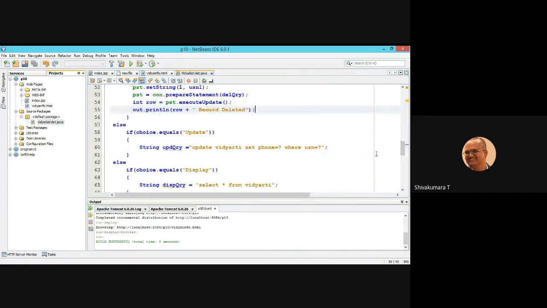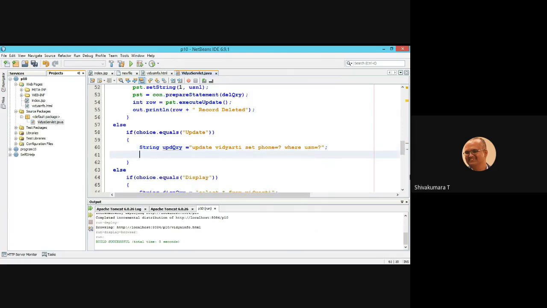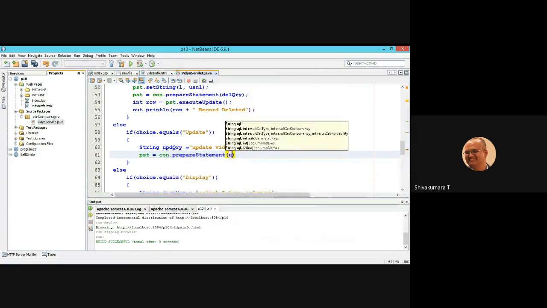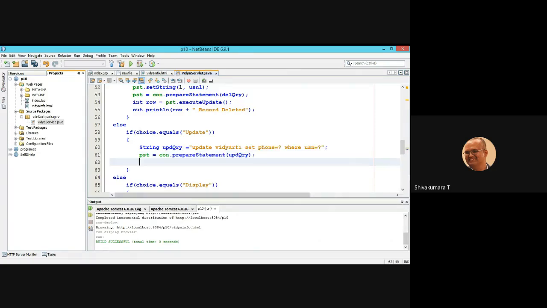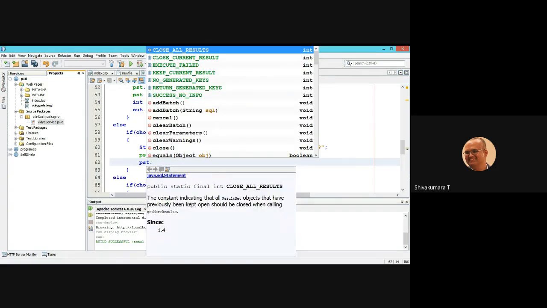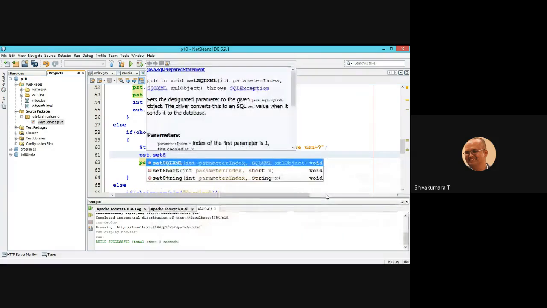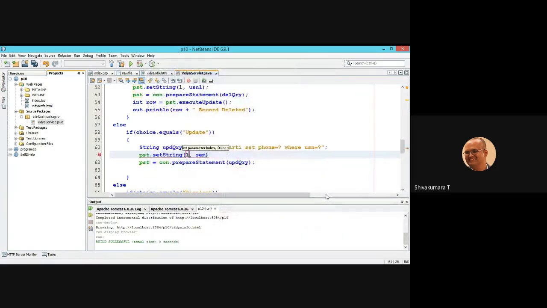Again for update, you are going to use the prepared statement. PST equal to connection dot prepare statement. On which query are you preparing? The update query. Before executing, you need to set the parameters: index 1, index 2. PST dot set string index 1.